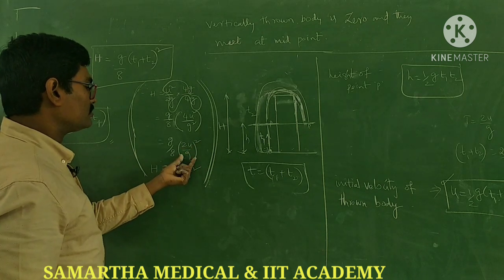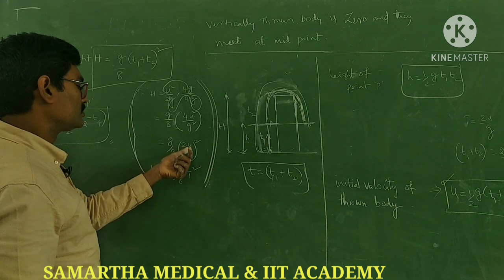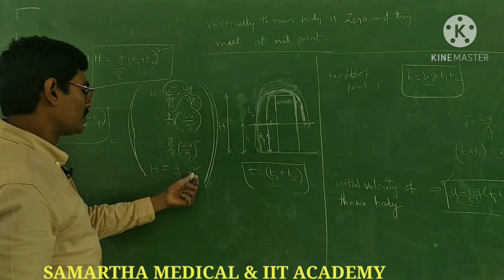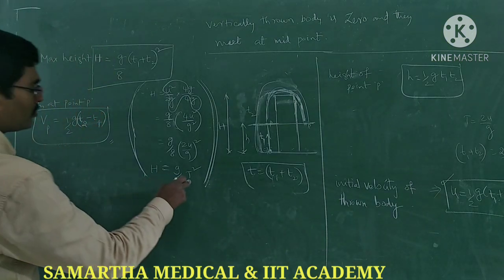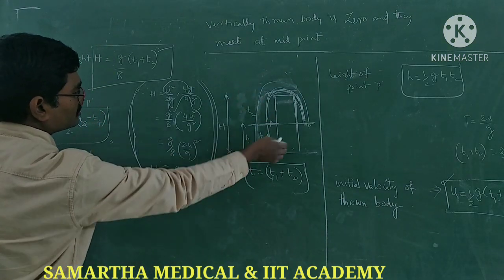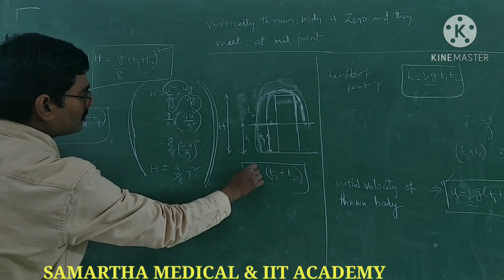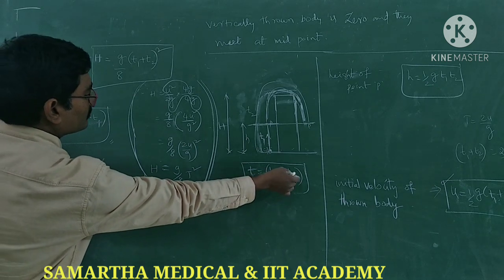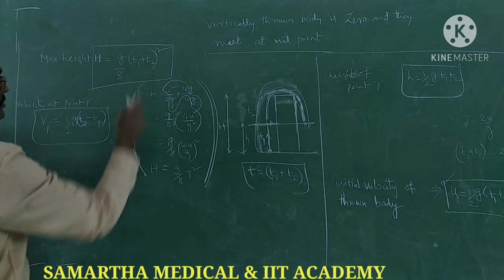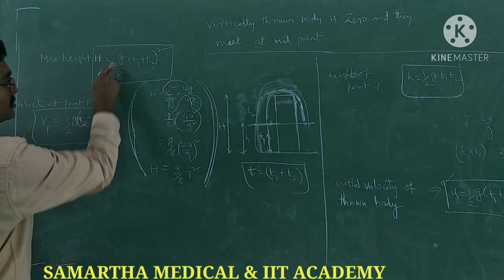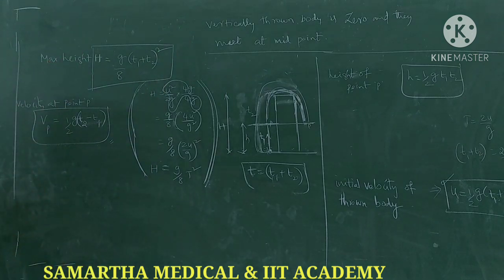Okay, so you know that T is the time of flight for a vertically projected body, 2u by g. So this is capital T. So g by 8 into capital T square is equal to capital H. So from this, the total time of flight for a vertically projected body while it is crossing the point P is t1 and t2, so the total time T is equal to t1 plus t2. In place of capital T, I am writing t1 plus t2. Then the height equation becomes g by 8 into (t1 plus t2) whole square. That is the maximum height.